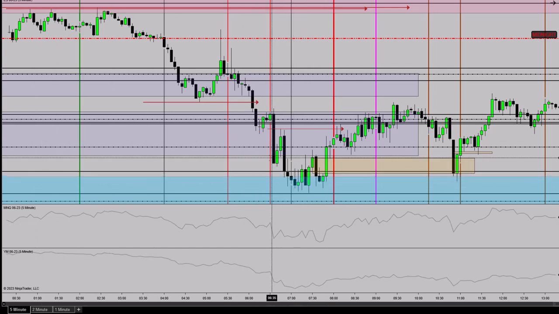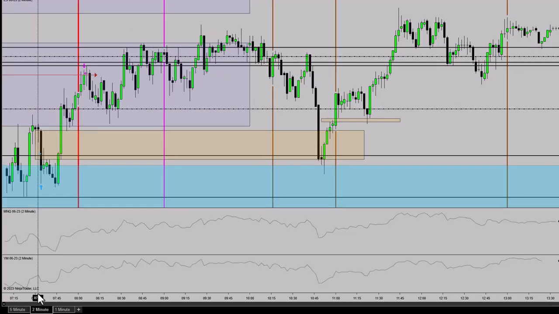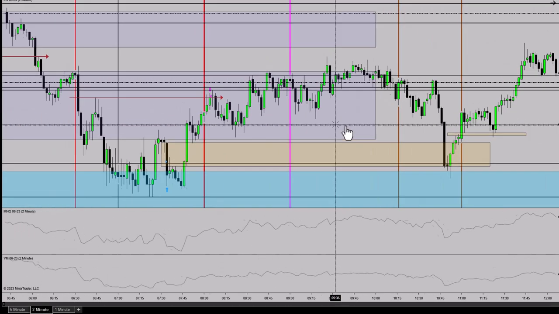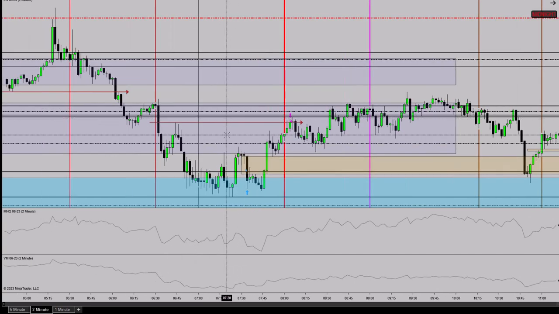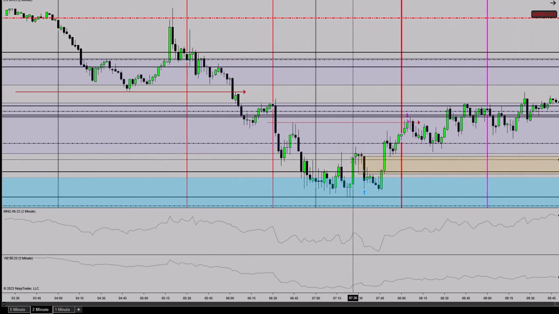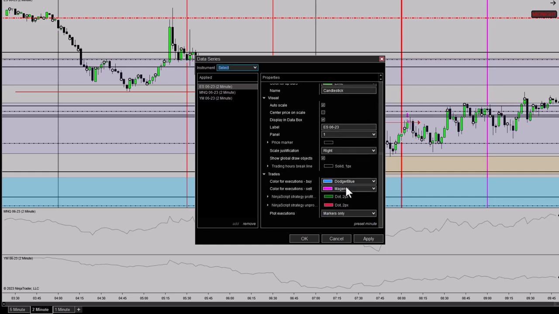So notice in here, once we started hitting after 10 a.m. Eastern, which is the silver bullet, and this one was a silver bullet, 100%. If we go into the 2-minute, now let me take this off, because at the end of the day, like I told you guys, it doesn't